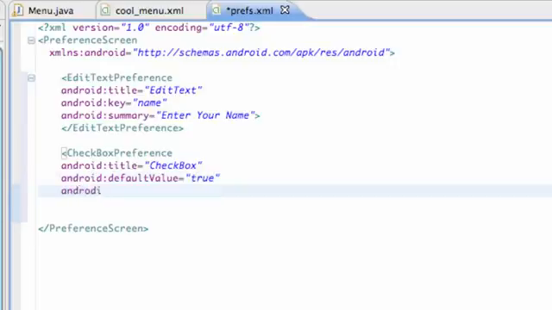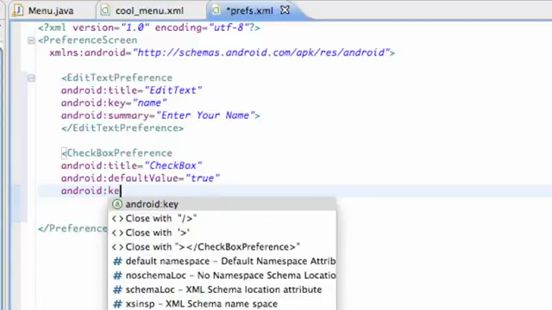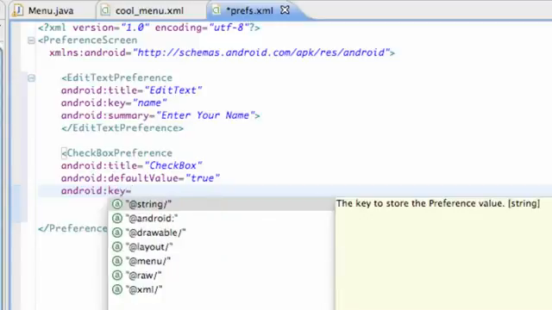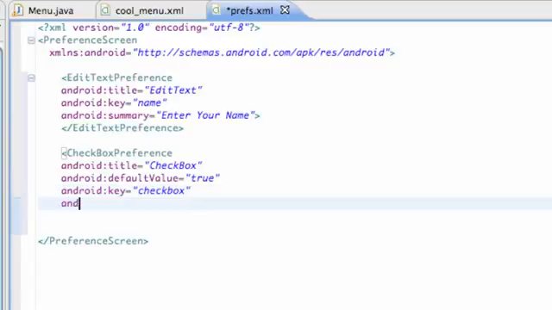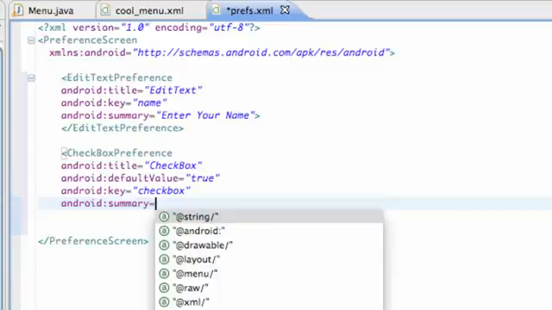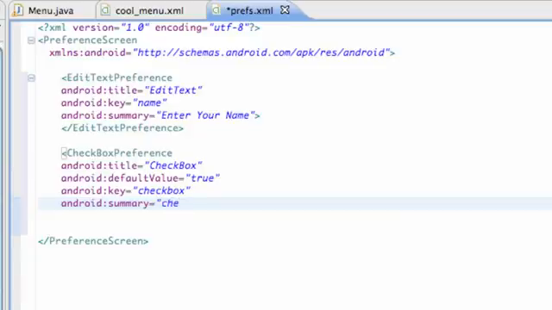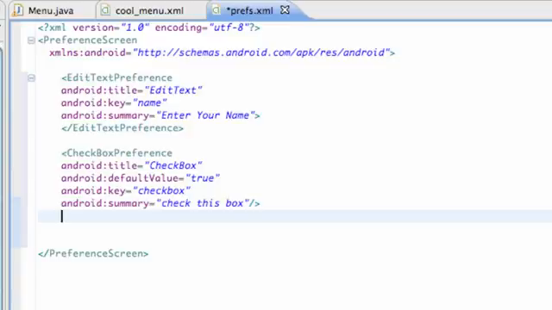and also we're going to add a key reference. So again, it can save it, and we're going to call this key reference checkbox. This isn't really going to do much, but we're just setting it up for the most part. And again, android summary equals check this box for the most part. Nothing spectacular. And then we're just going to finish it by slash, less than sign,